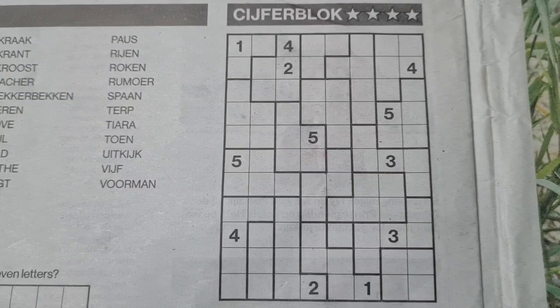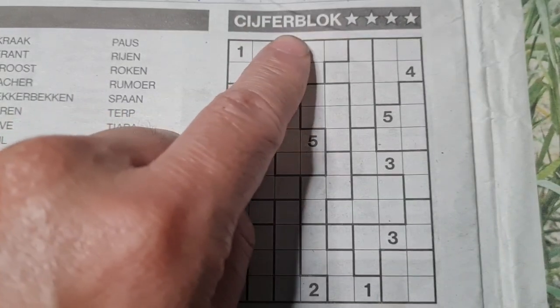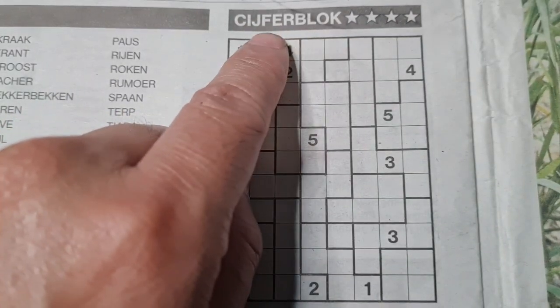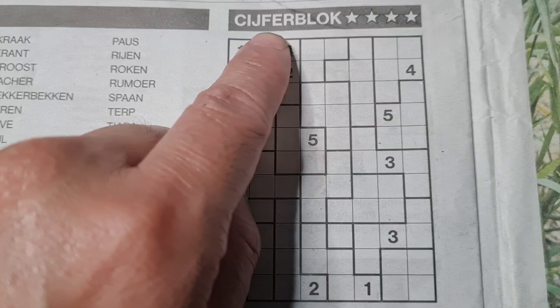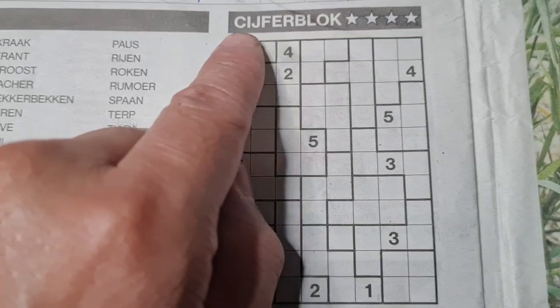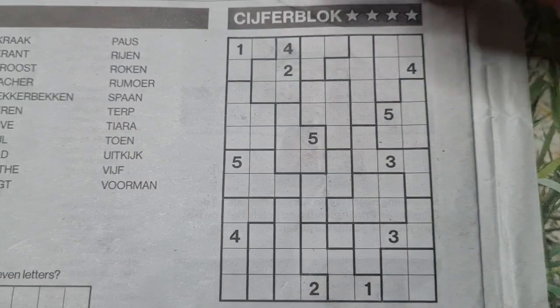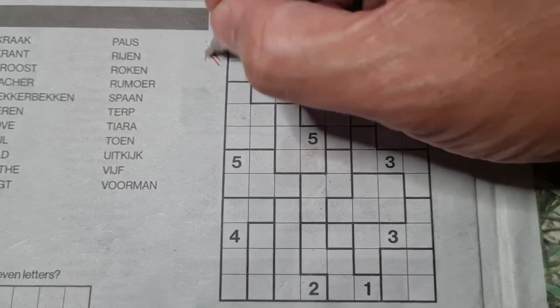The last puzzle is a tectonic with 4 stars. In Japanese, they call it Suguru. In English, tectonic, or a jigsaw Sudoku. In Dutch, the cipher block. Yes. And this one will be number